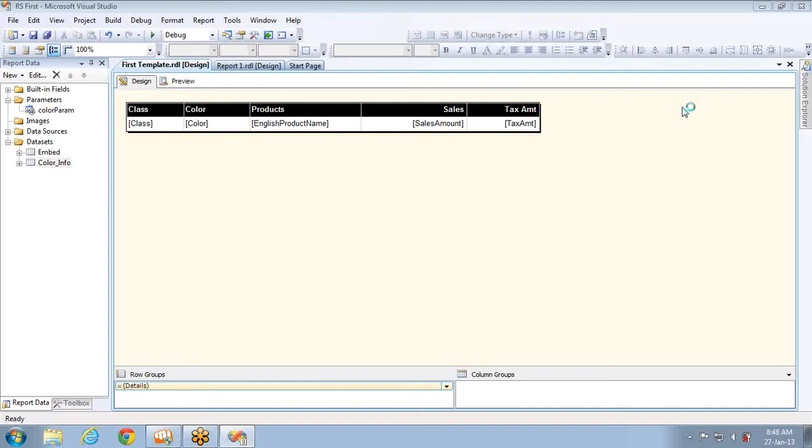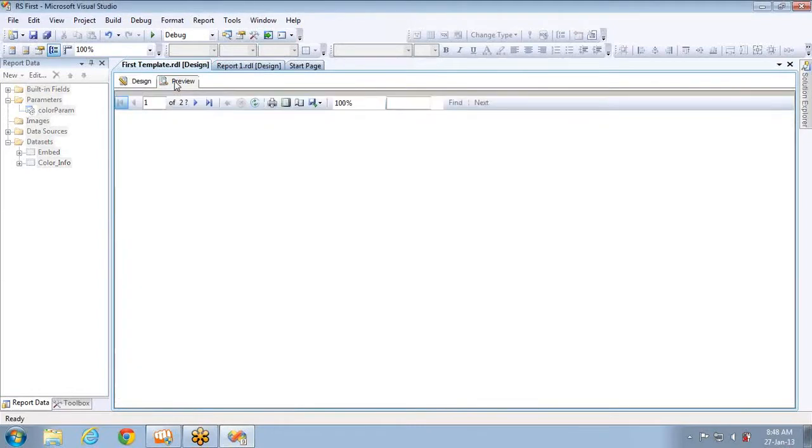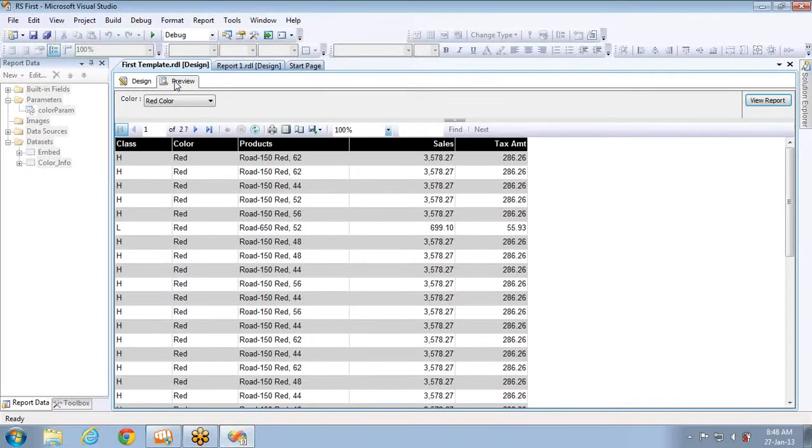In the last session, we discussed how to create report parameters, and you can see a beautiful report generated with a simple tabular report. It's not a complex one, but by using a parameter. And we also discussed filters. Now, let's see how to add more than one parameter to your report.